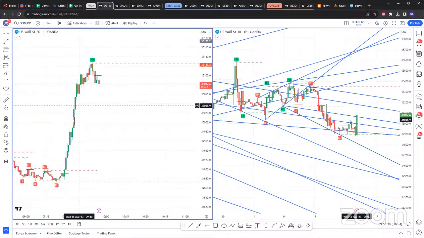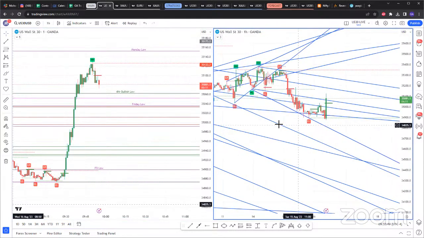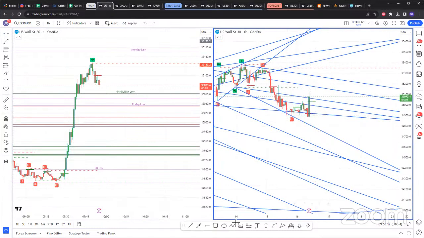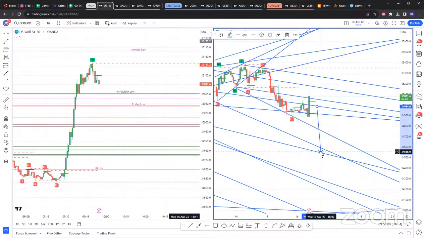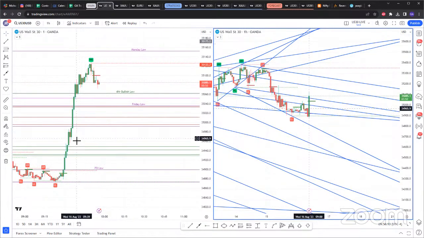And given this pump up for US 30, I've seen this a bunch of times where during market open, they give that huge push. And then later on during the day, I can almost, with enough probability, imagine we'll have a huge drop tonight on US 30, probably this much. So this is a 400 pip drop because I've seen these moves in the past where before they give the nice move back down or back up, they make a fake out. So think of this as the Judas swing or the manipulation phase. And then from there on, they pick up a lot of liquidity and push the market so heavily down.